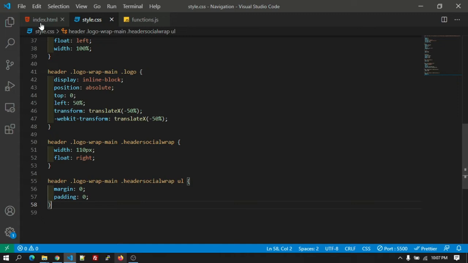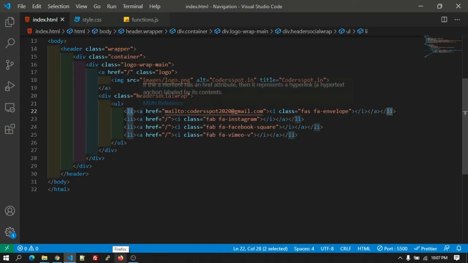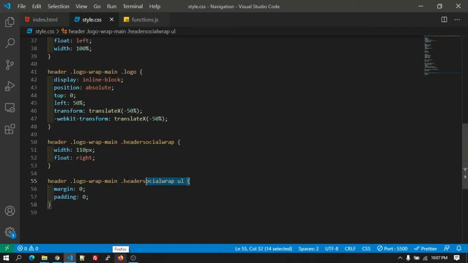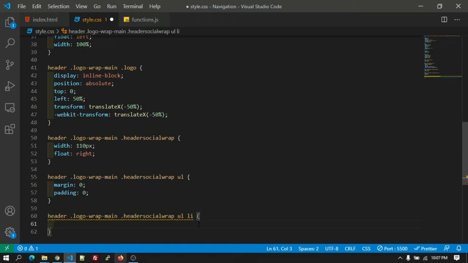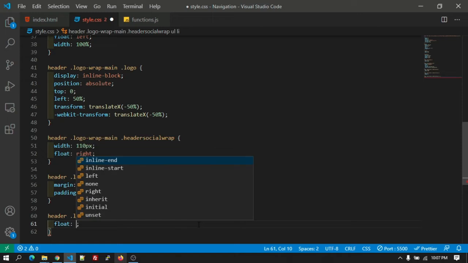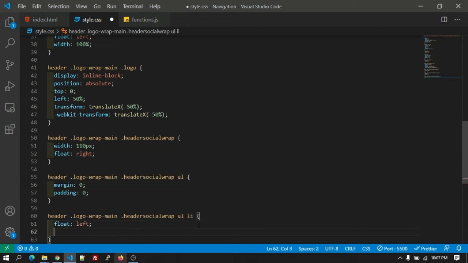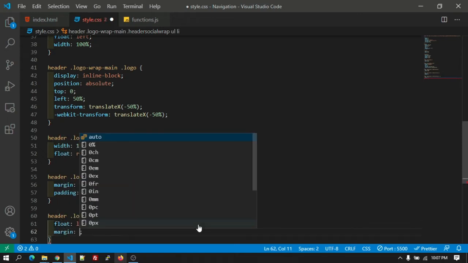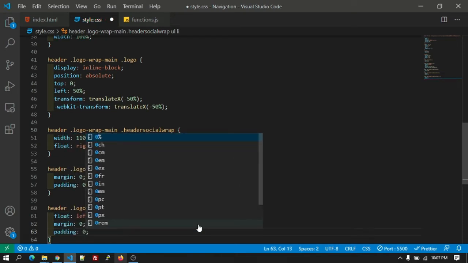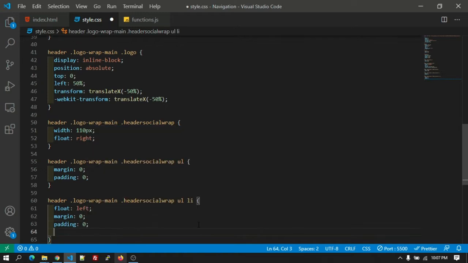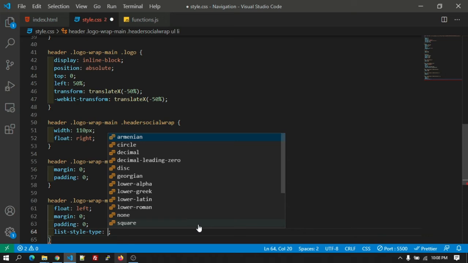After that there will be a li element. So let's copy this li and let's give some CSS to it. Float left, margin 0, padding will be 0, and list style type as none.